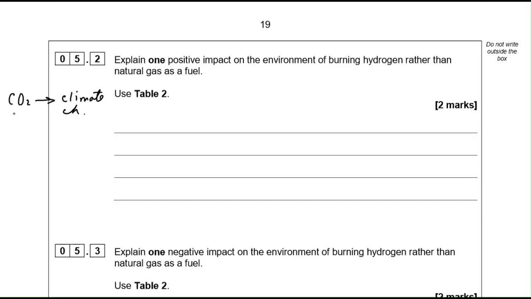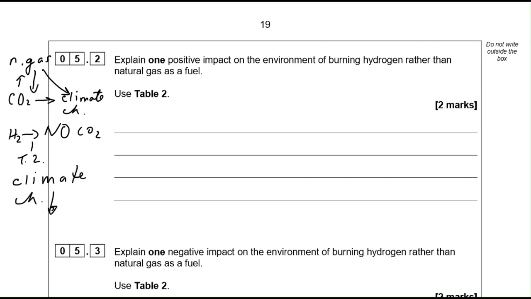So we know carbon dioxide contributes towards climate change, or we might call it global warming. Natural gas when burned produces CO2, and CO2 contributes to climate change. We know that. Burning hydrogen produces no CO2, therefore it does not contribute towards climate change, or certainly reduces the